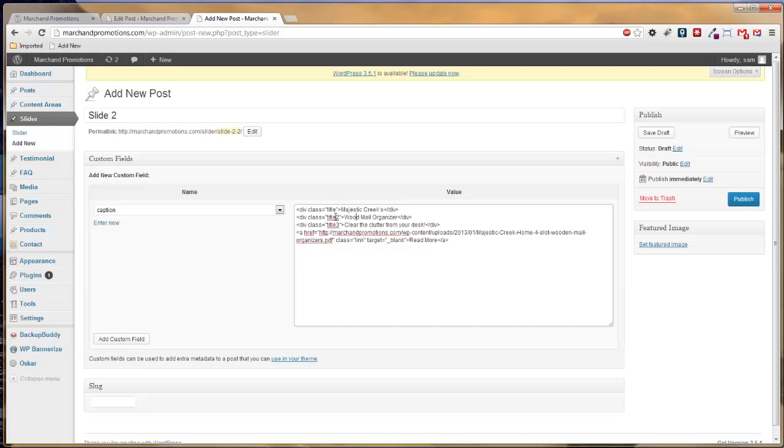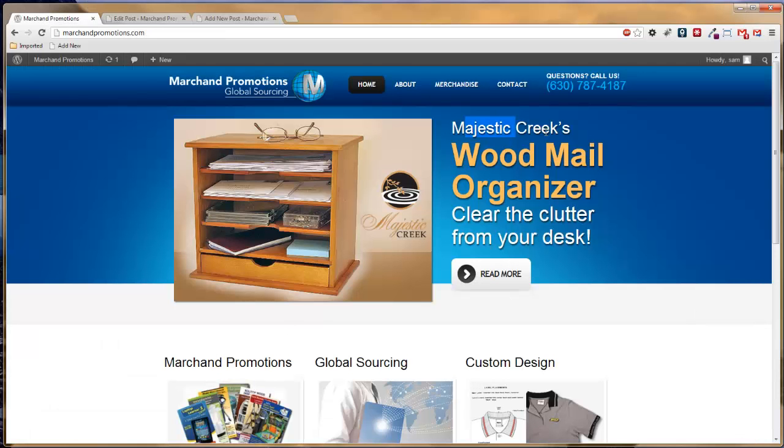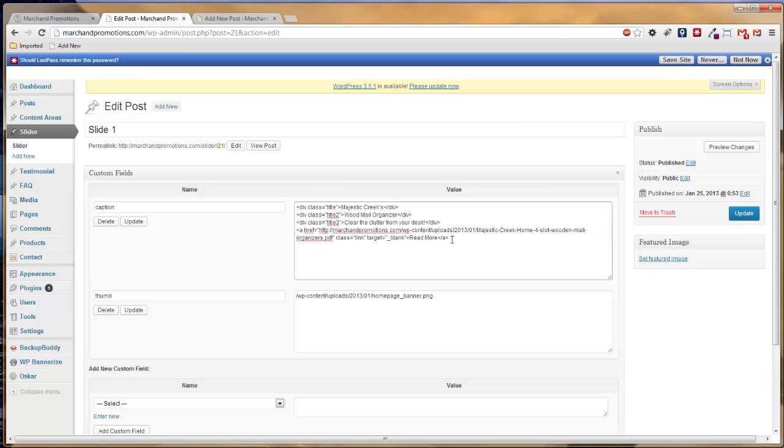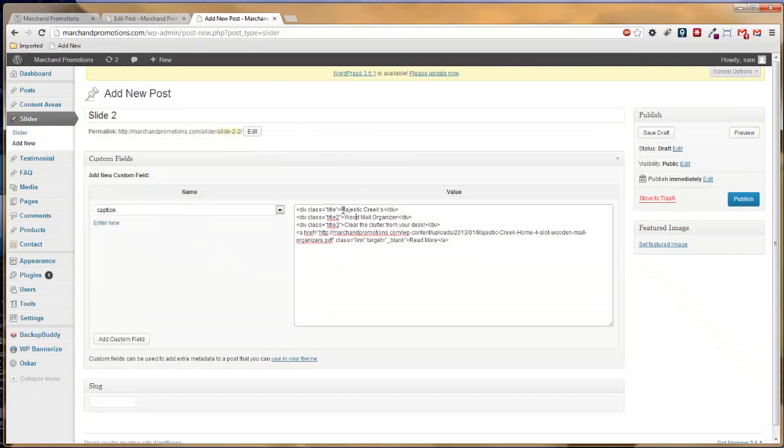What these different titles, title 2, title 3, do is designate the different font that's used. So this would be title 1, Majestic Creek. Wood Mail Organizer would be title 2. And then Clear the Clutter from Your Desk would be title 3. And then we have the Read More button that would link somewhere if you click on it, and that is done in this section right here, this anchor tag piece of code. So for slide 2, what we want to do is, let's say we want the title